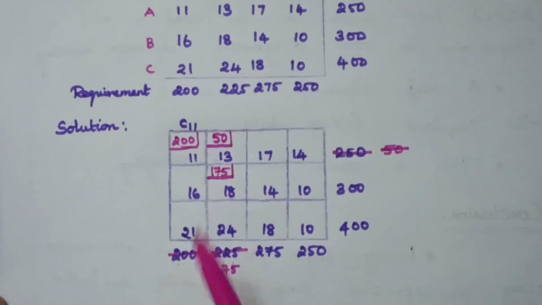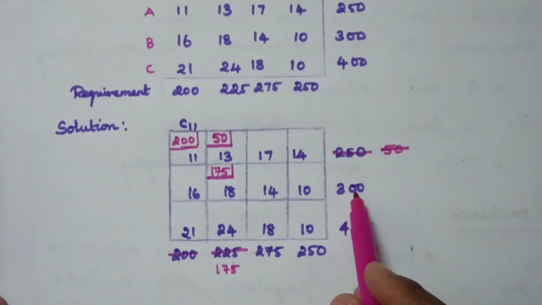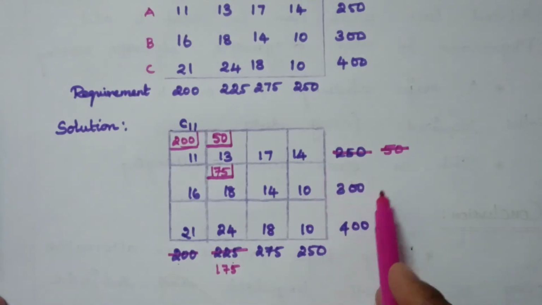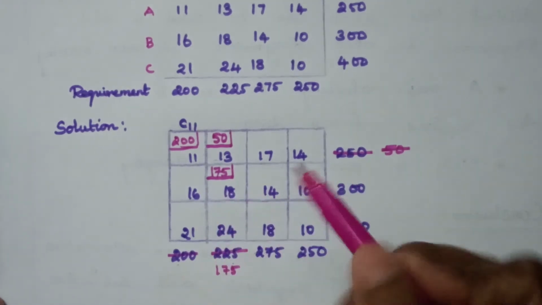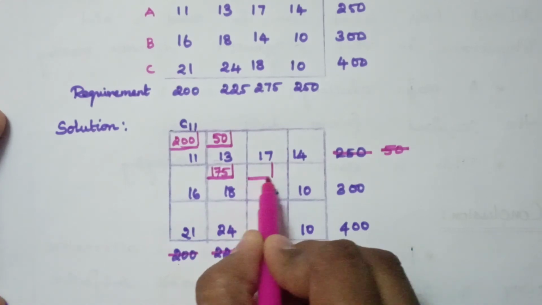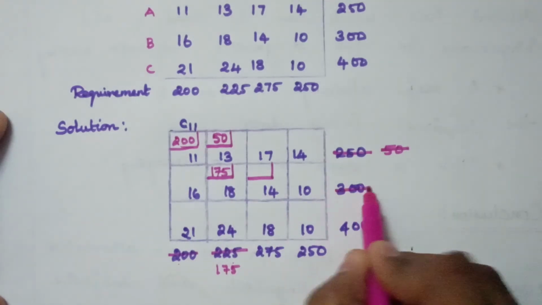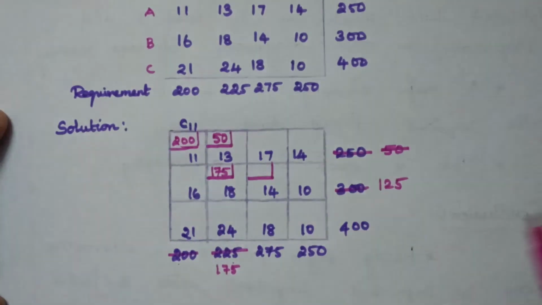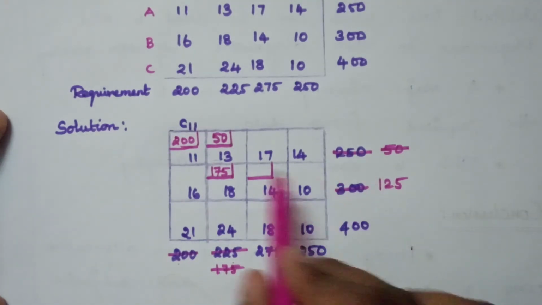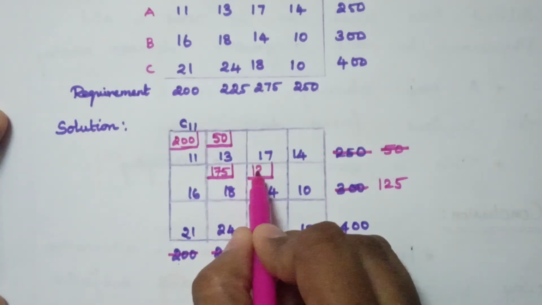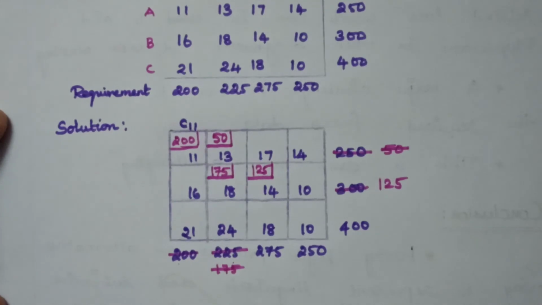Next we have to choose the next cell. How do we choose it? We see the maximum value. Here we have 300 and 175. For the maximum, 300, we move horizontally. Horizontally means here we allocate the next value. Here you subtract 175 from 300 and you get 125. So 175 will go off here. Now if you allocate 125, the minimum value is 125.